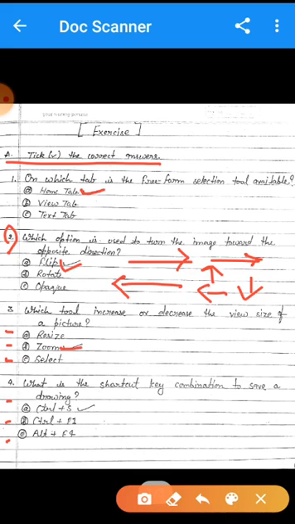So dear students, option A, Control plus S, is the right answer. This shortcut key combination is used to save a drawing or any document. Now dear students, come to the next page.